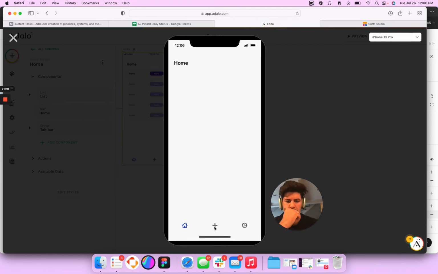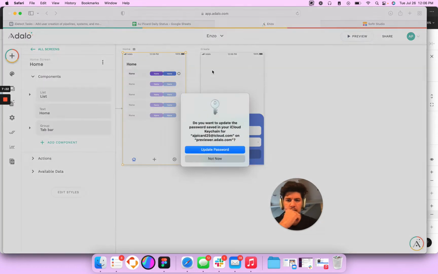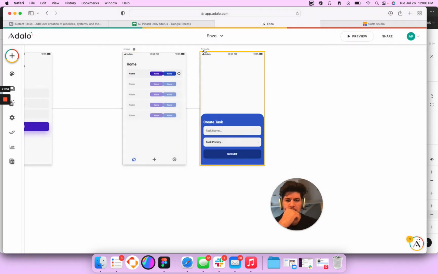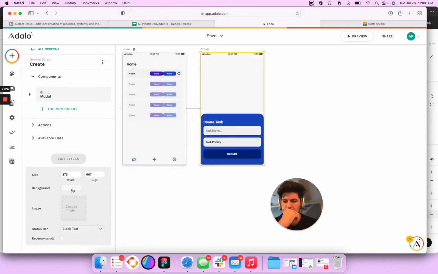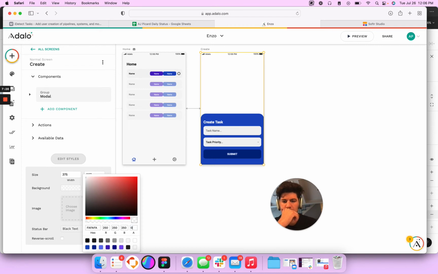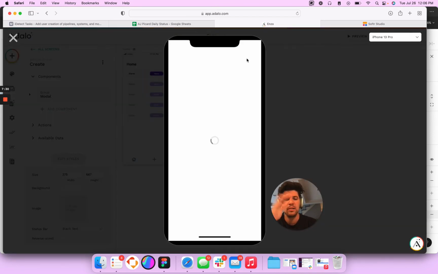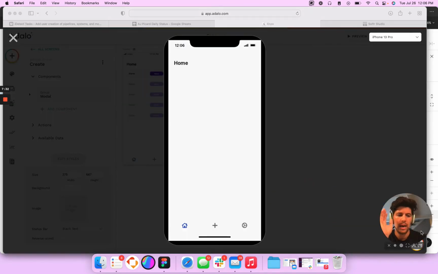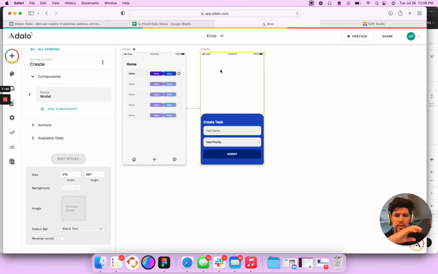Okay, I'm logged in. Okay, so there's an issue right there. We want this background to be 0. And Adalo should honestly make it where if you add a modal transition and you choose that option, whatever page that modal is sitting on, in this case, it's this right here,